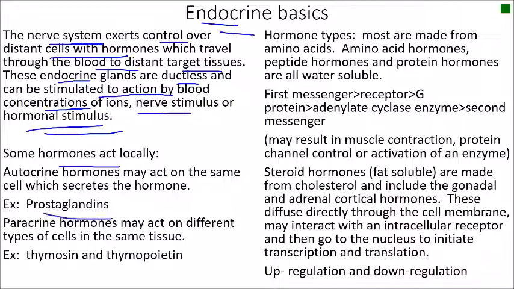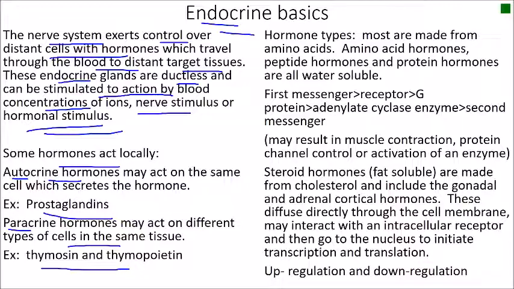In a strange way, prostaglandin is an autocrine hormone. It can be autocrine and it can be paracrine, but right now I just want to talk about the autocrine effect of prostaglandins, in that a cell might release prostaglandins and it'll make itself contract. Auto, self. Para means alongside. So paracrine hormones act locally, but they may affect other types of cells in the same tissue. For instance, in the thymus gland, the hormones thymosin and thymopoietin might affect the maturation of immune cells.